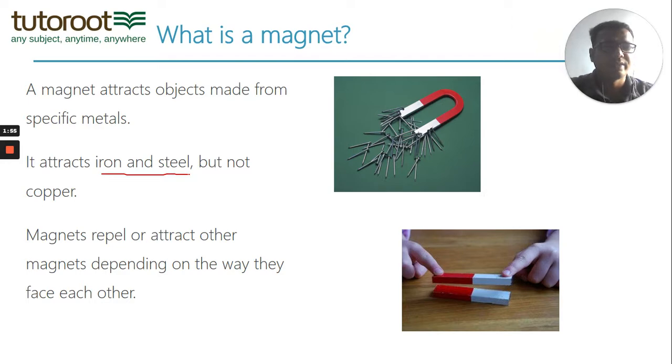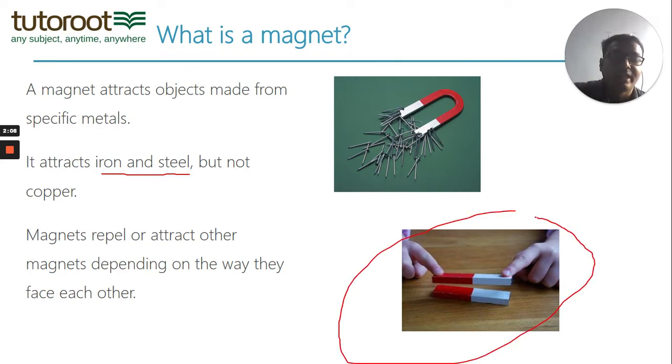But again, you can see that it does not attract other metals like copper. Magnets also repel or attract each other. Here you can see an example that I've given. There are two magnets here, but they are not attracting each other, they're repelling each other. In which cases do magnets attract and in which cases do they repel? We'll see soon.